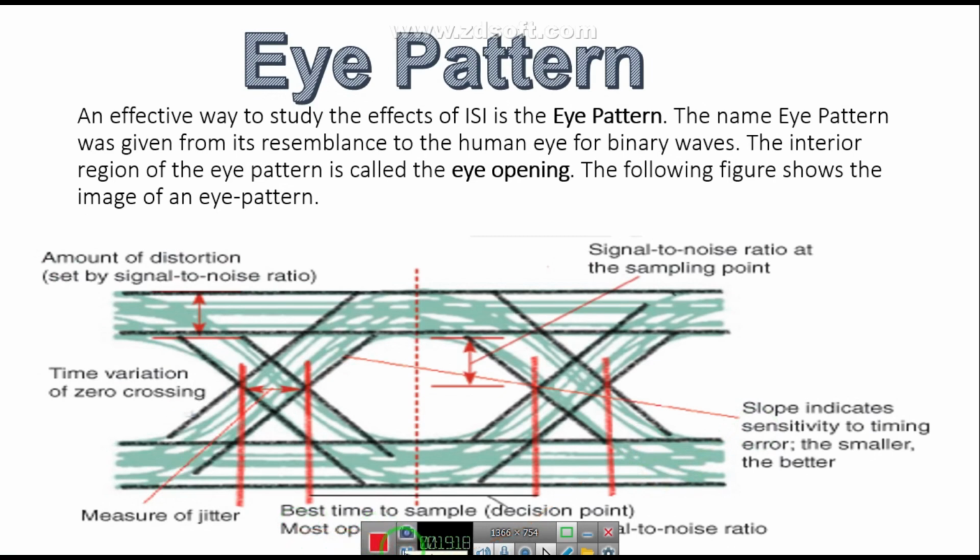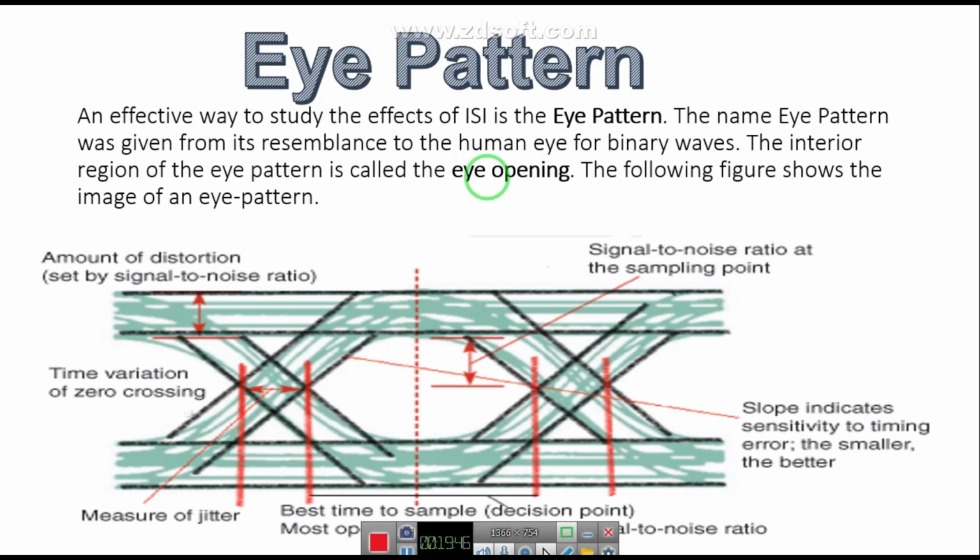Basically, this eye pattern is displayed on the screen of your CRO. The shape, as I already told, resembles the shape of a human eye. Now, the eye pattern is obtained on the CRO by applying what? The received signal to the vertical deflection plate, that is the Y plate of the CRO, and the sawtooth wave at the